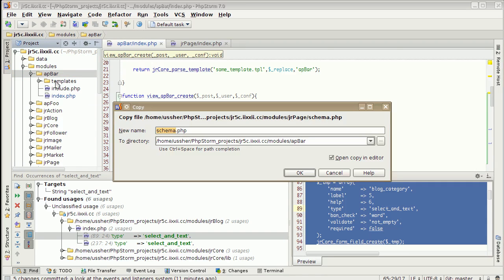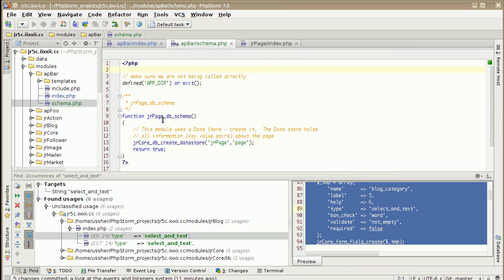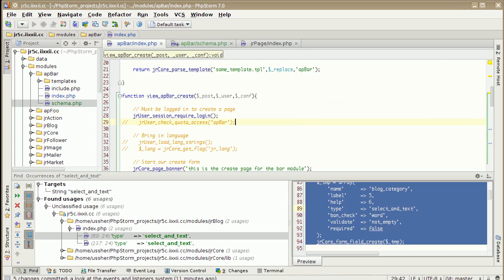So easiest way, copy the structure from somewhere else. Our page. That one is going to be called AP DB schema create schema AP bar, and the prefix for that is going to be bar. There we go. That's it. That's all we need to do to create a data store. And that will add a data store called bar to our database, whatever one we're using. So once we've got that set up there now, and back in our index,